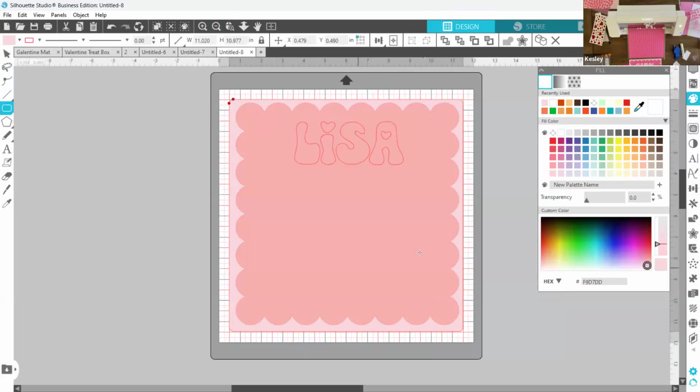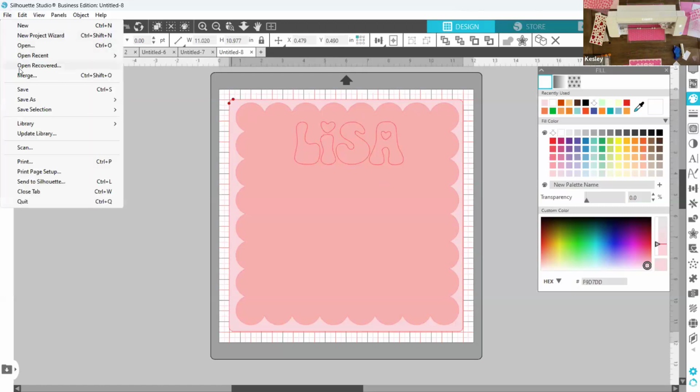And then once you have this design, if you need to change the name, you can just move that name off of your mat and add another name and keep cutting. So once you've designed your mat, you're good to go. And since this is something that they designed here, I want to make sure I save it. So I'll go up here, go to File and say Save As, and we want to